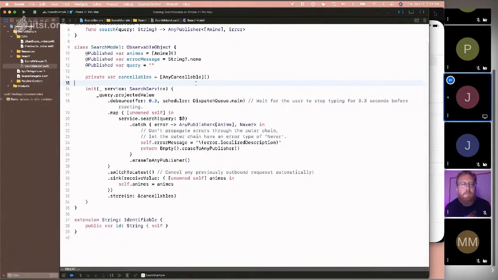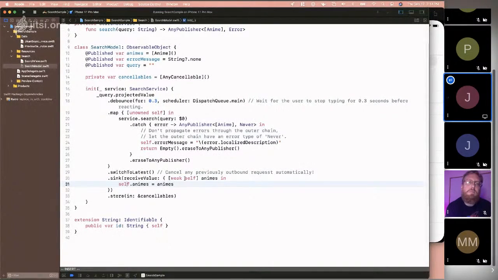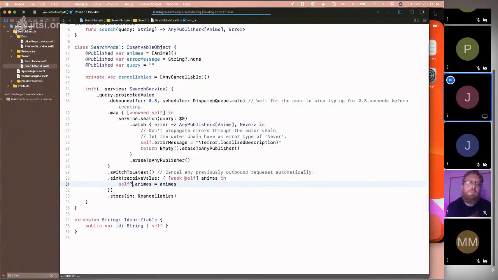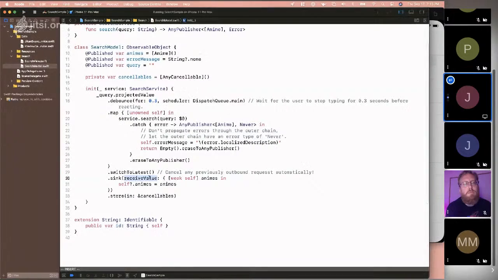And by the time that happens, your object may be gone. So in that case, you would need to use weak self. Unowned doesn't up the reference count and just says it's going to be there. I could also use weak, and now self is an optional value, and I would have to add this question mark, and this should work. If this were receive completion, I think is what it's called, instead of receive value,